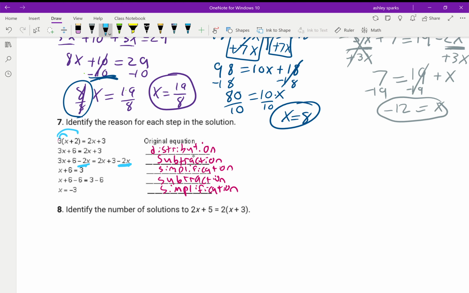The next thing you can see that they did is they subtracted 2x from both sides. So again, there's a balance. It's happening on both sides. Then they went ahead and simplified that. So 3x minus 2x is just x, and then these two would have canceled. So that's how they got x plus 6 equals 3. Finally, they're subtracting 6 from both sides, which when you simplify, those would cancel,